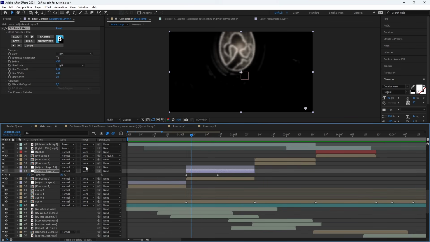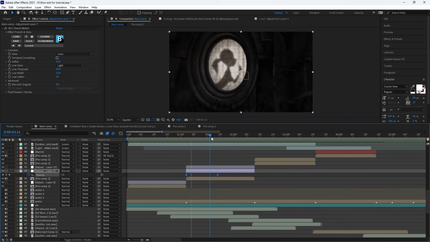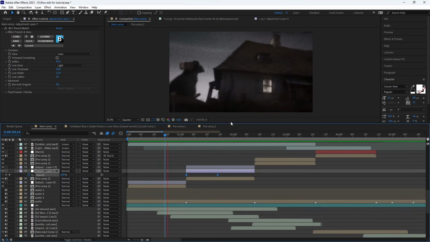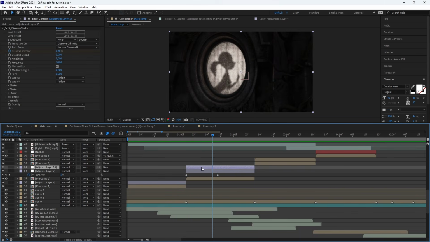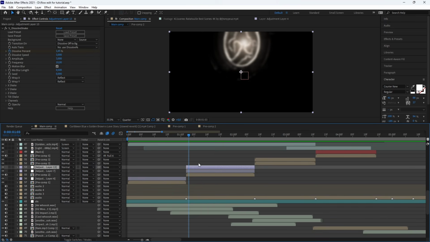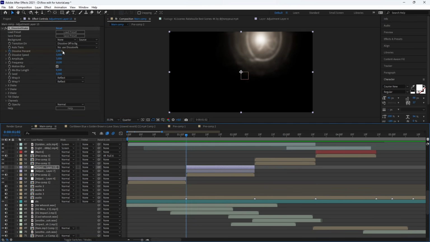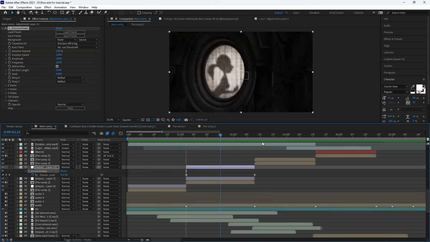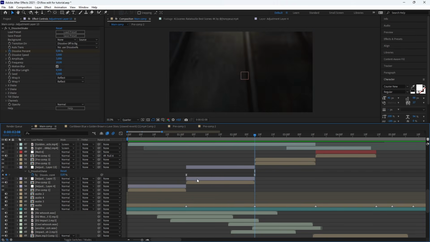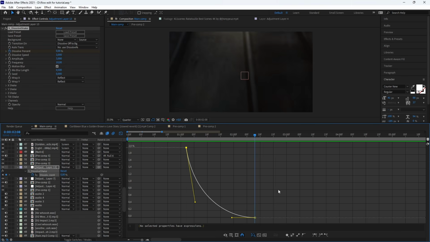I played with the opacity of it so it disappears, which creates this nice effect. Then on it I added a small Sapphire shake, just to add a little shake. That's super easy, just 0% to 2, and then to the end with this graph, just here.